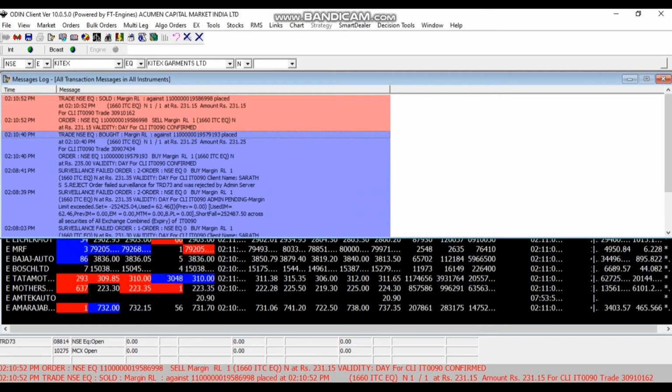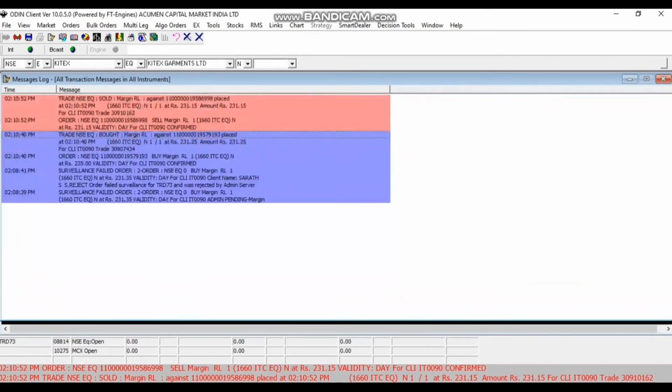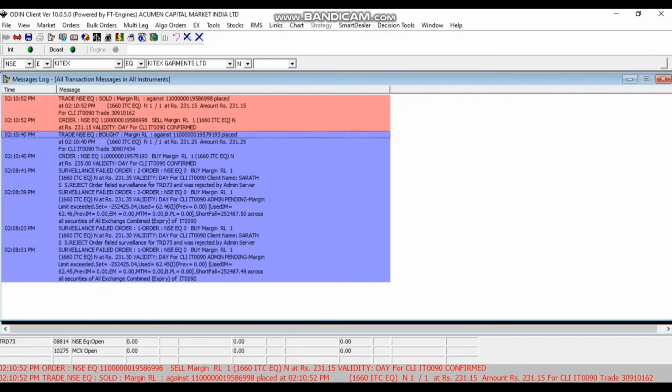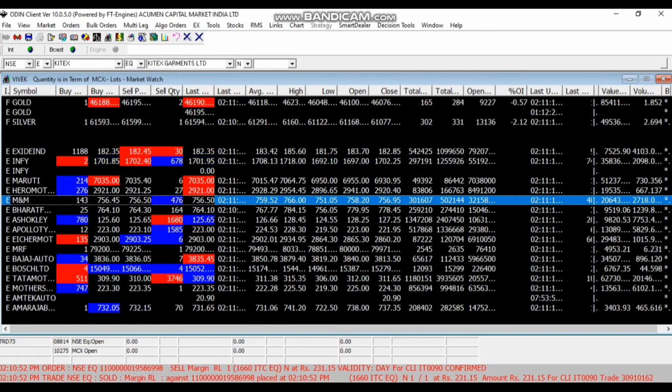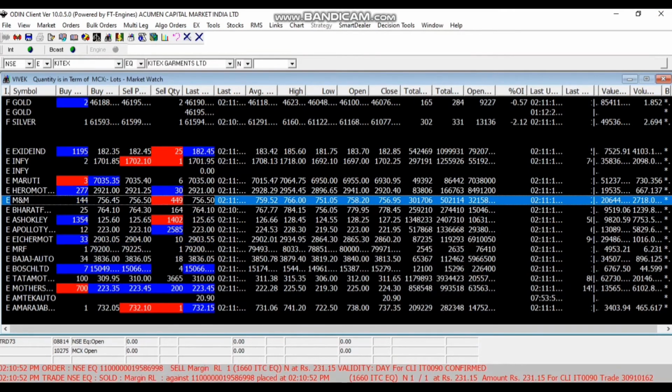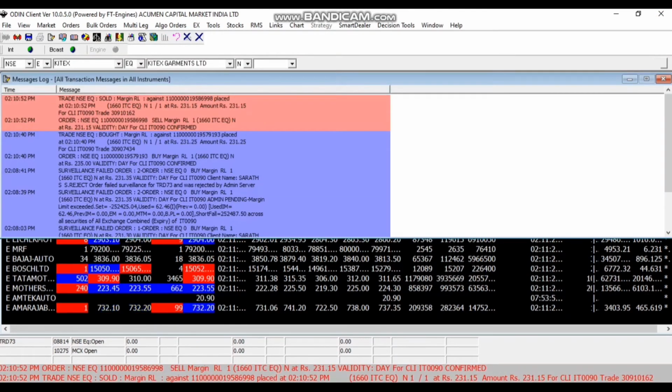Next is F10, that is the message bar. Once you press F10, you get all the details regarding trades, orders and rejections. In Nest, we had some difficulty checking the rejection reason, but in this, it is clear in one message what the margin required was and how much the shortage is, mentioned in one clean message. So that is the difference.